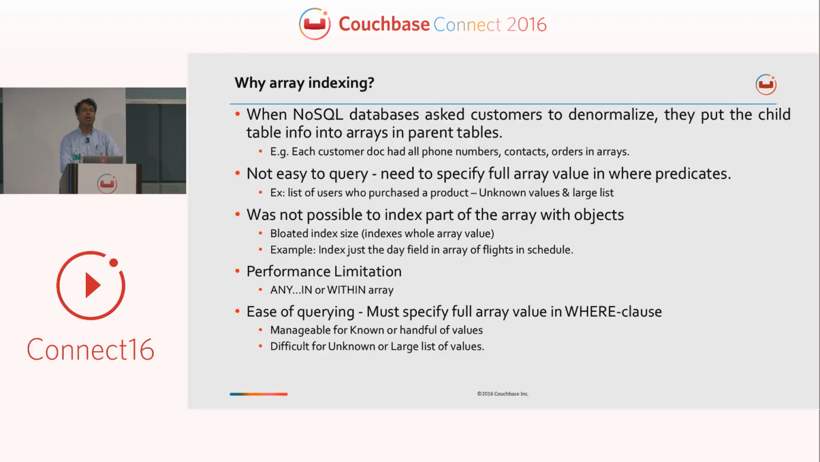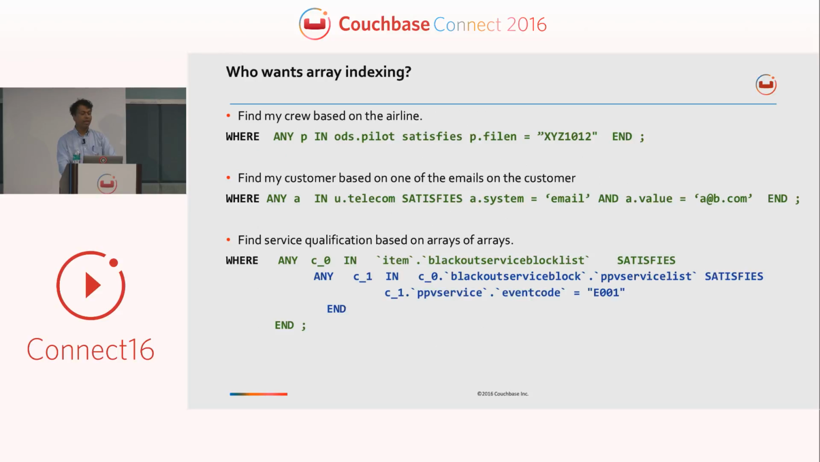Whenever we ask customers to denormalize and move from the relational model into the document model, or aggregate the parent-child into a single object, that means you have to use arrays, right? That's the real implementation. And before 4.5, it was not possible to index part of the array object. That was the performance limitation. While we had the language semantics, the performance was the issue before 4.5. Right? The queries on the array objects could